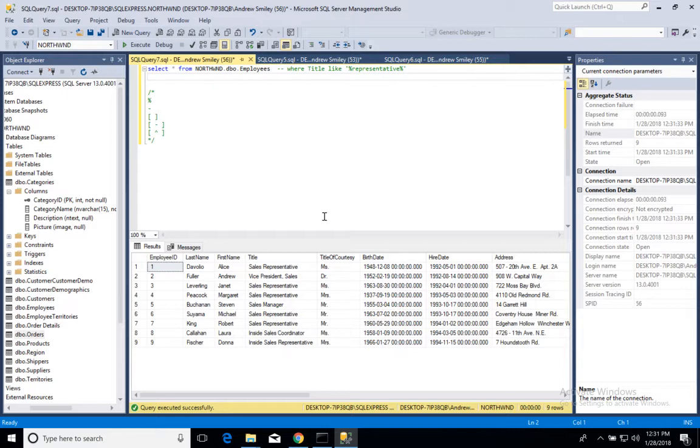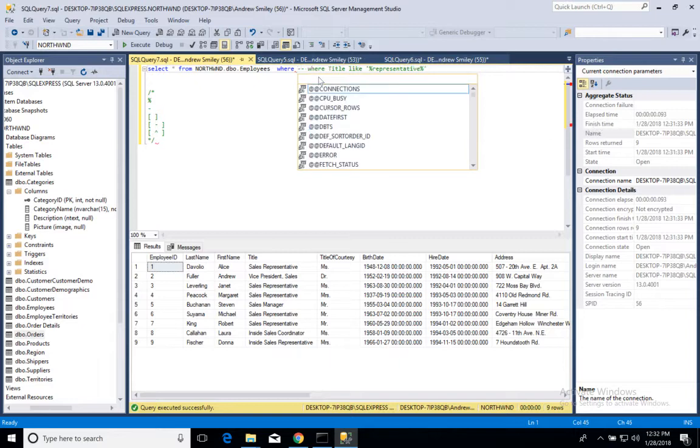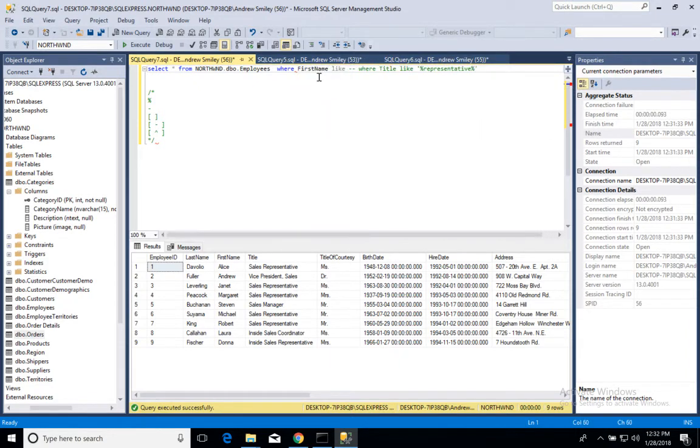Generally we're going to combine this with our percent sign, and we're going to say, oh, I don't have a really good example of this, do I? Let me see. Let's just try something here. Where first name like